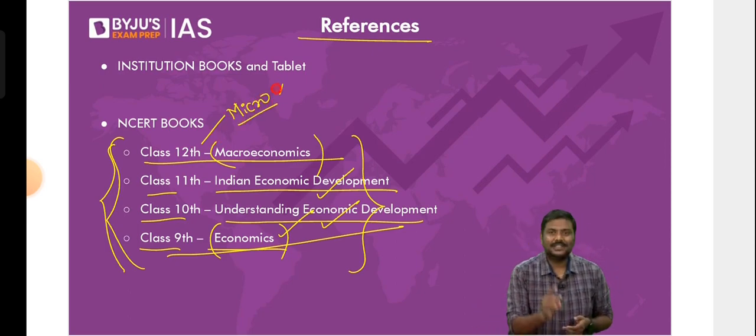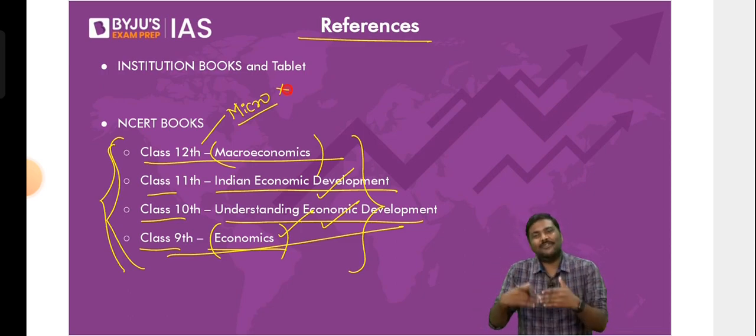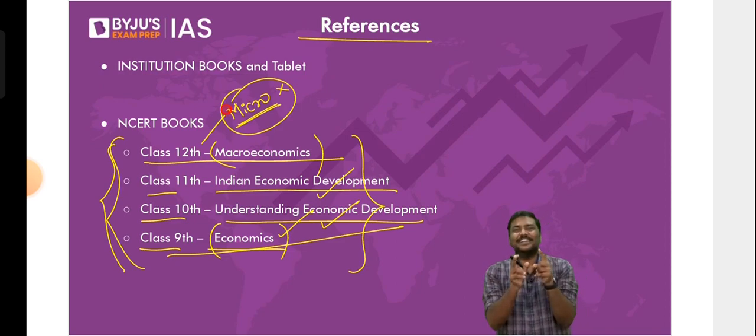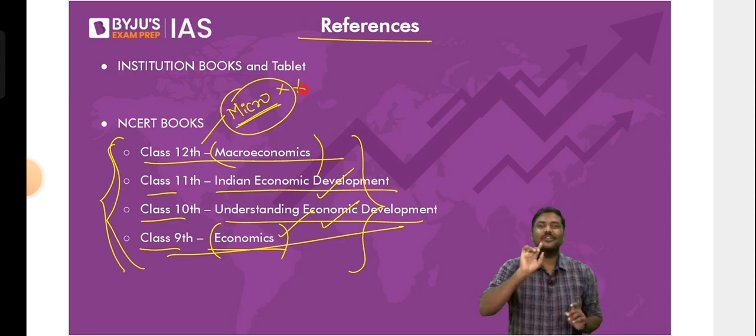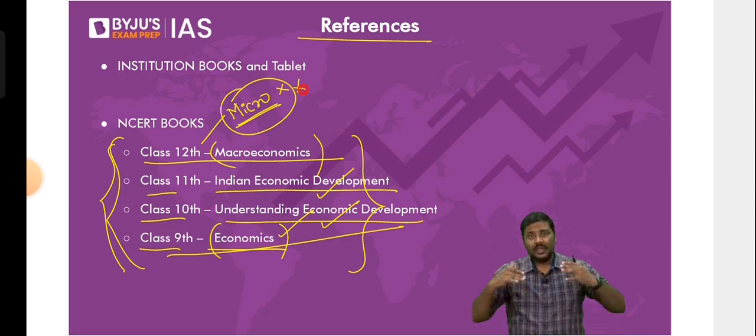Don't worry about microeconomics. I'm telling this to everyone. There are certain students who I know, looking at your comments, have a background in economics. So there are students who are already undergraduates or postgraduates in economics. I know you have studied microeconomics for many years, but for UPSC, this is a drawback for you. For UPSC, they will not ask questions on microeconomics. And even if they ask a question on microeconomics, it is a very simple, very basic type of question. Why? Trust me when I say this.